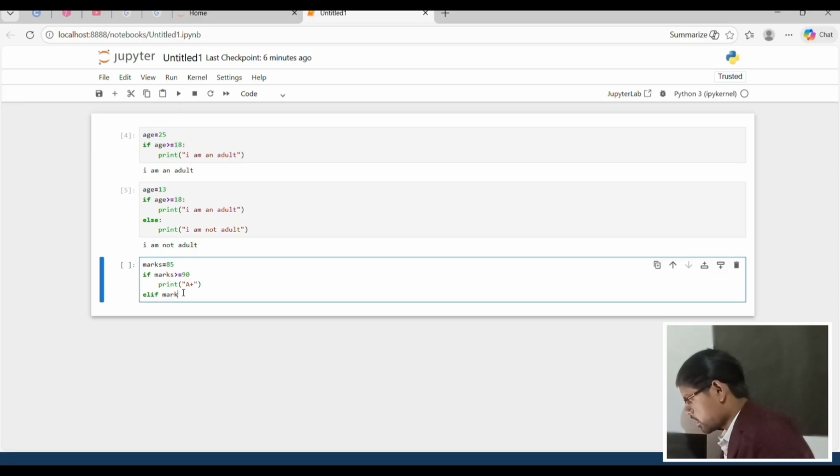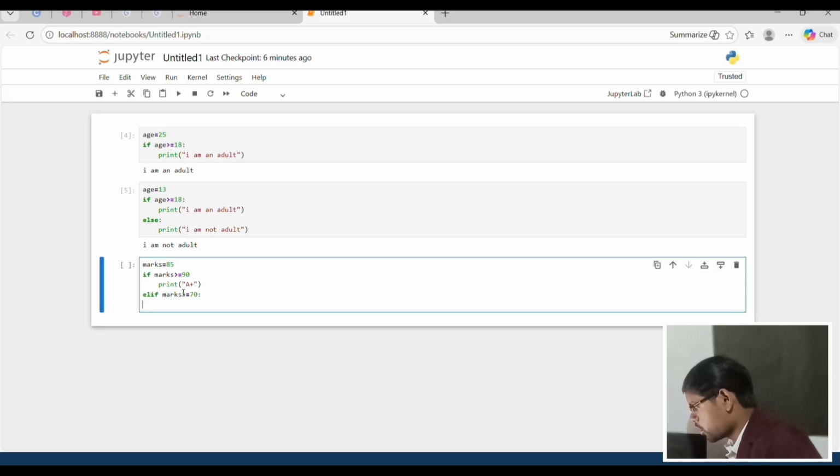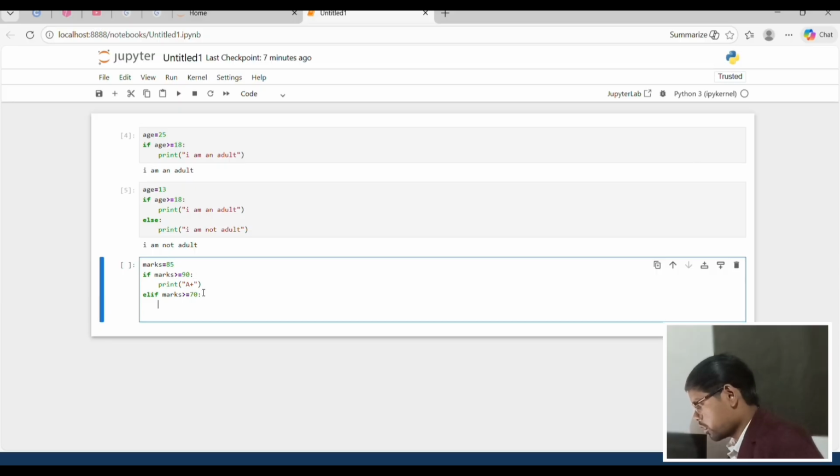Elif marks greater than or equal to 70, use a colon, print A grade, not B.